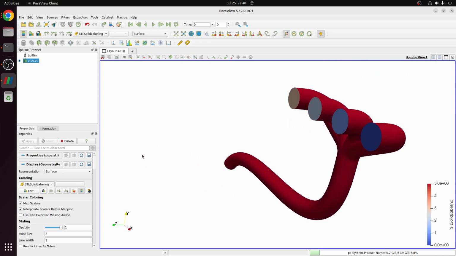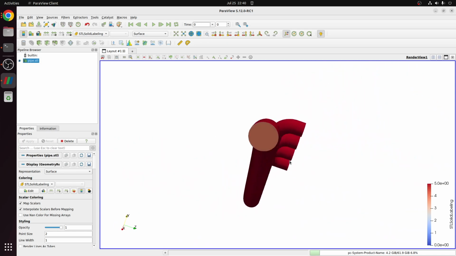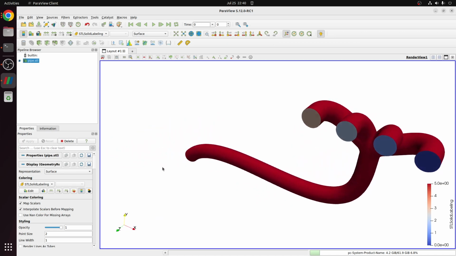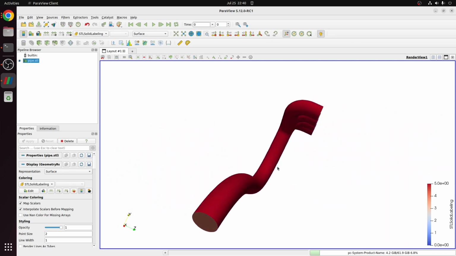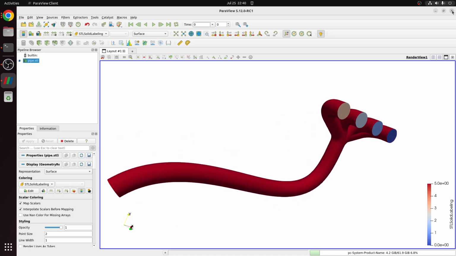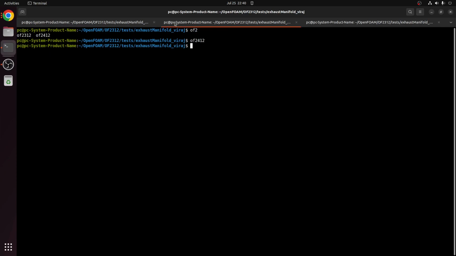I really do not know the dimensions of all these things, but let's use some sort of trial and error method to see how the dimensions look. The first step is we will load the OpenFOAM environment, OF2412, and